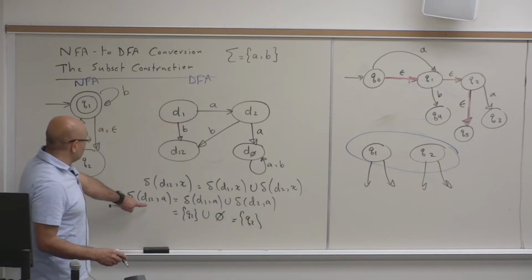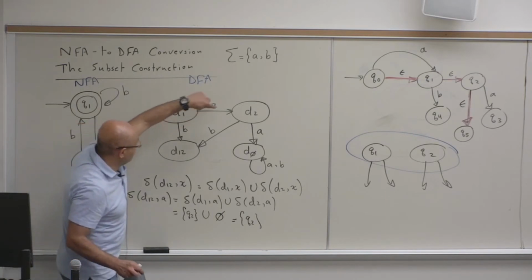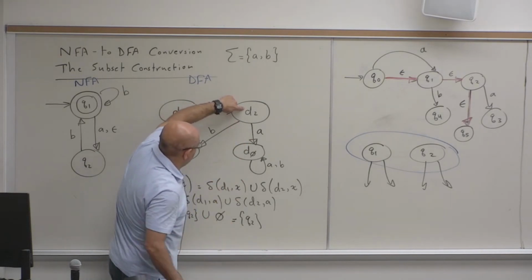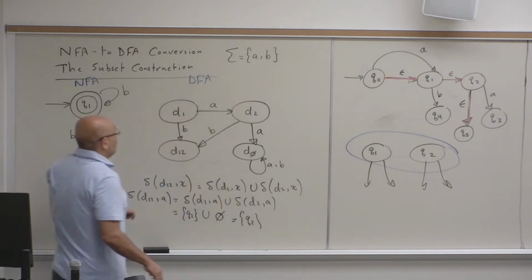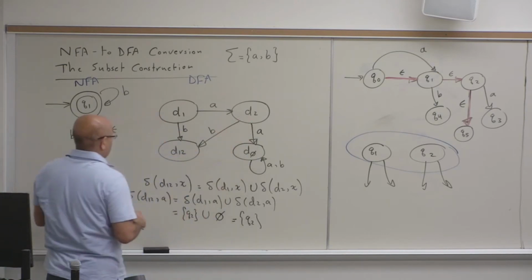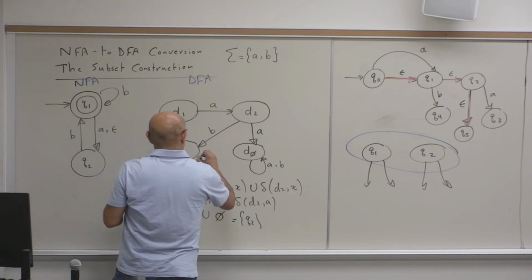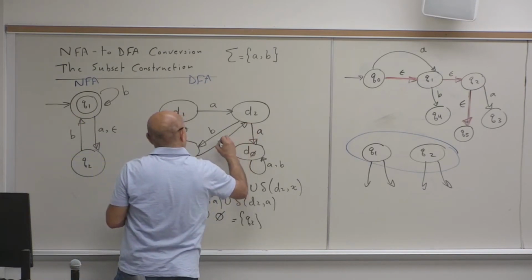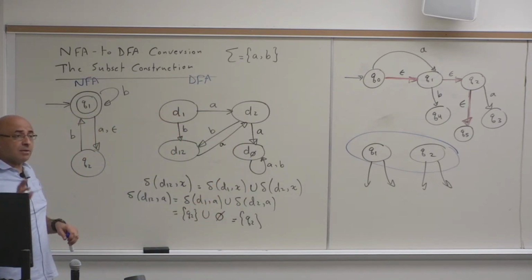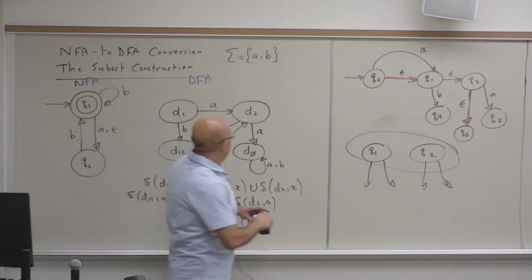So the transition on 1, 2 is the transition on 1 for an A, which takes you here, and the transition on 2, which takes you to the null state, which means that the union is going to be D2. So the A is going to take you to D2. Any questions on this? Is everyone seeing why it takes us to D2? Okay, now what about